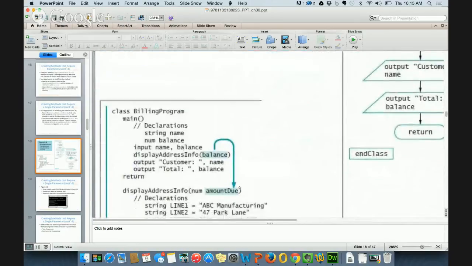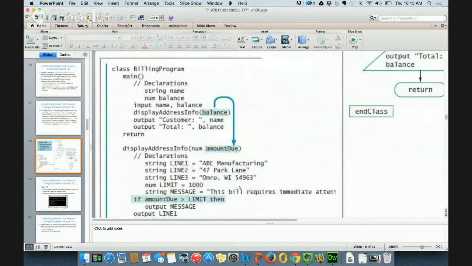Okay, so in my main billing program, I've got string name, double balance. Those are my declarations. Then I ask the user for a name and a balance, and then I make a call to display address info, and I send the balance, right? So I'm sending it as an argument